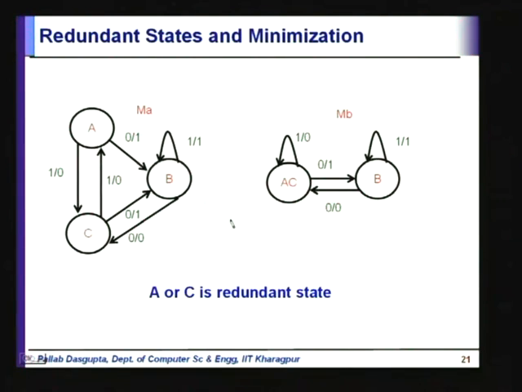So, let us look at an example first. Let us see here in this state machine, A or C is a redundant state. Now, why do we say that it is a redundant state? See, when you are in A, if you receive an input 0, you go to B with an output of 1. When you are in C also, when you get an input 0, you produce a 1 and go to B, right. So, their next states are the same, and if you think of A and C as the same state, then when you get a 1, you essentially stay in the same set. So, like here,